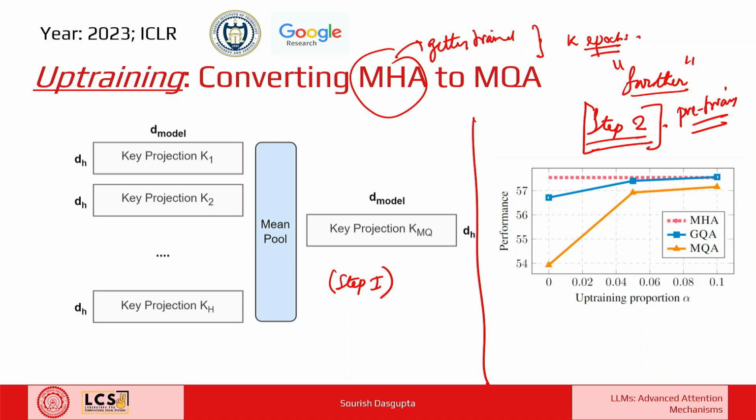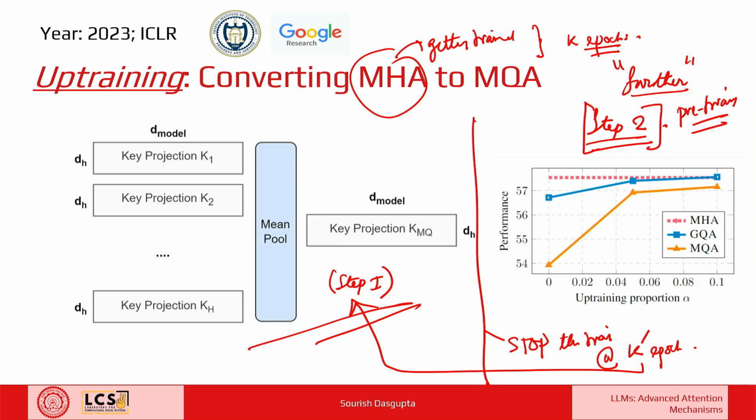So what you do is you stop it, you halt, or you stop the training at K prime epoch, get this thing done,